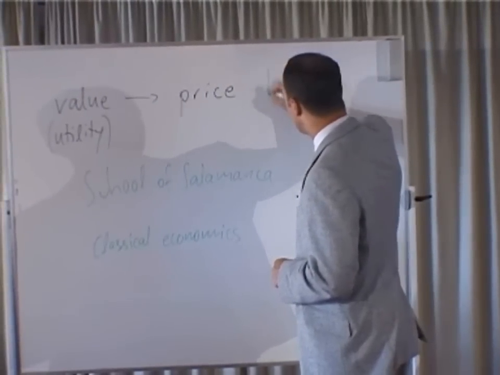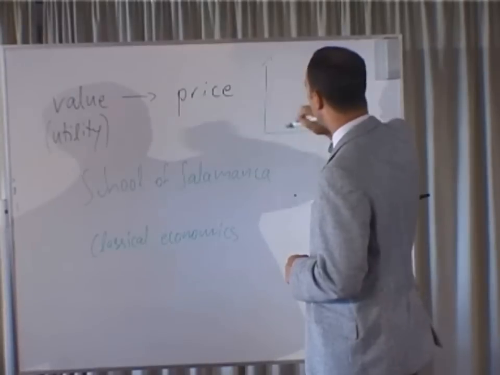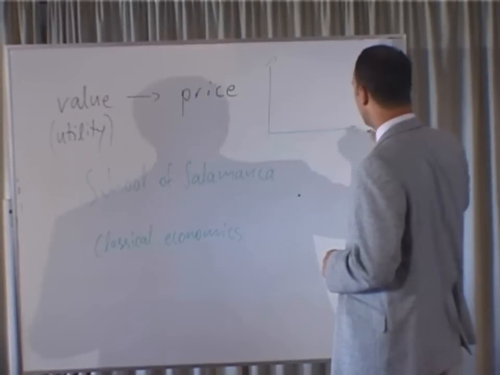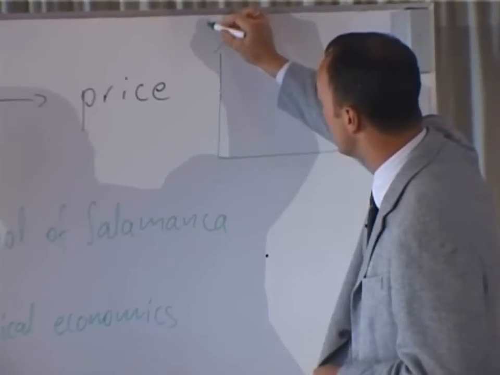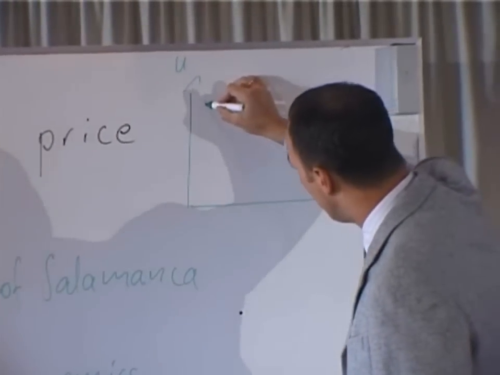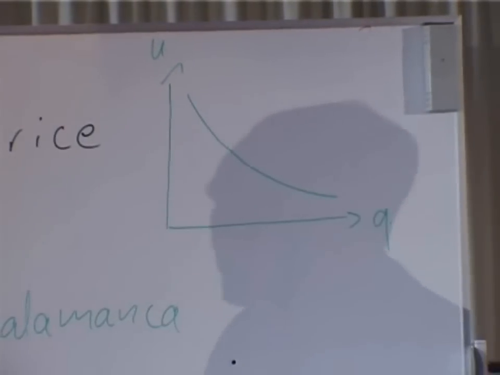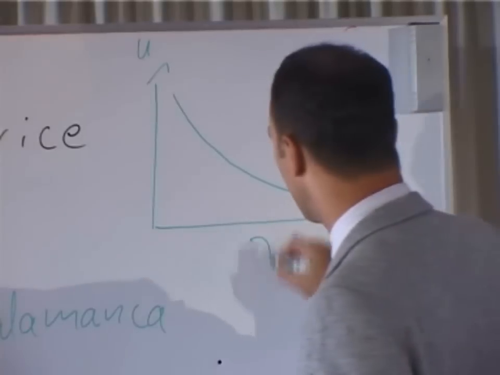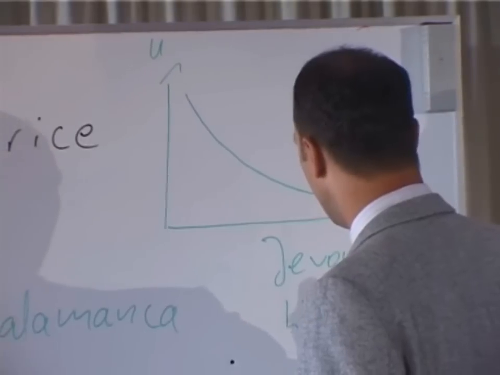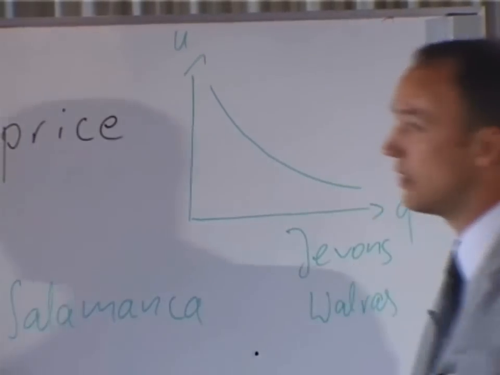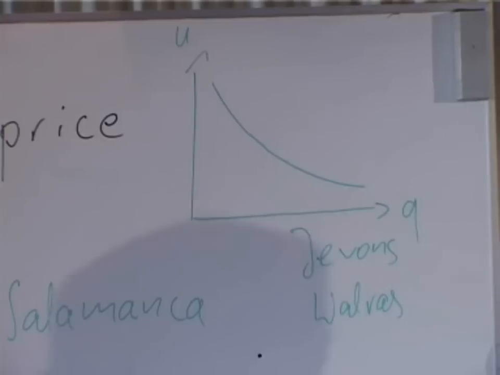So one way to illustrate this, and this is the way it is usually done in economics classes, is that we say we have here a supply, we have a quantity, and here we have the utility. And this utility is decreasing with the supply. Okay, so this would be the way Jevons and Walras have done this. And what we find in Austrian economics is something very similar, namely that we say